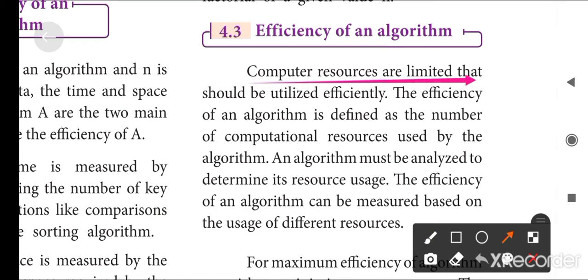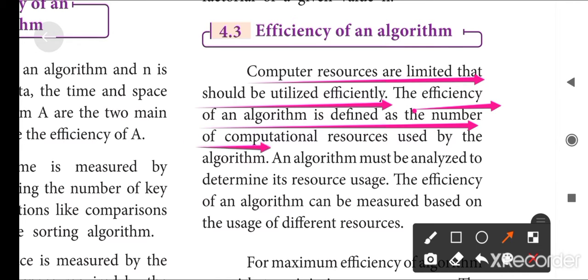Computer resources are limited, so they should be utilized efficiently. The efficiency of an algorithm is defined as the number of computational resources used by the algorithm. Computational resources are nothing but the space and time complexity we learned about in the previous session.